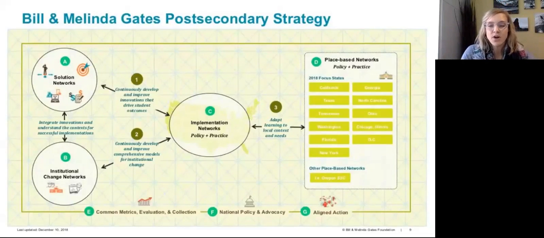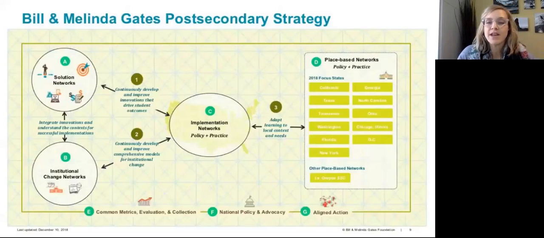The implementation networks are experts at the intersection of policy and practice and represent the opportunity to create change through these vehicles, which can take learnings and expertise from the solution networks and from the institutional change networks, and try that out and adapt.